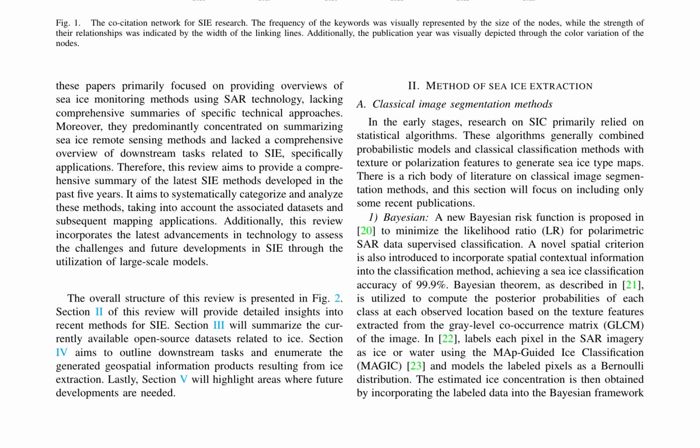The equations governing these methods, such as the Bayesian risk function and the computation of posterior probabilities, are crucial in understanding the underlying principles of SAI. The use of large-scale models and advanced algorithms is essential in improving the accuracy and efficiency of SAI methods. This review aims to provide a comprehensive overview of these methods, highlighting their strengths and limitations, and identifying areas for